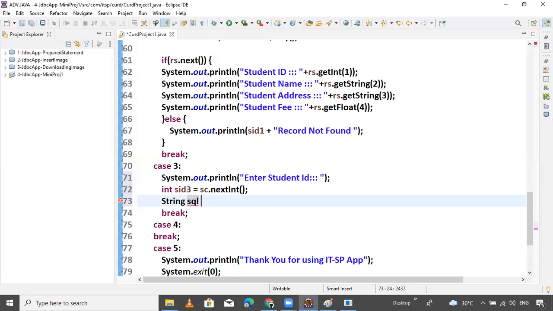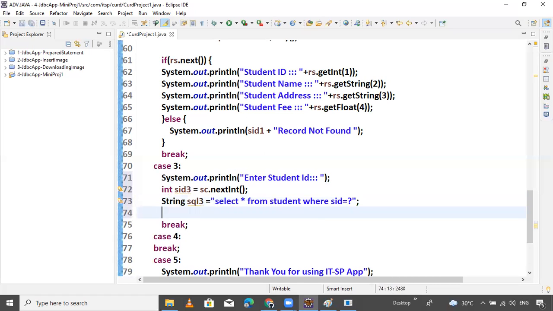SQL 2 is already there. SQL 3. SQL 3 equals to what is that? Select star from student where SID equals to question mark. Okay. So now the query is ready.